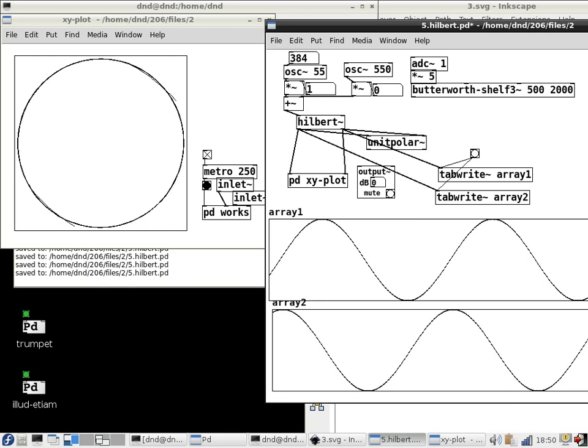So if I gave you a signal like this, then at some given point in the cycle, you wouldn't necessarily know what the amplitude was. And to find out what the amplitude was, you'd have to wait until you hit the end of the cycle, and then when you saw the slope change from negative to positive, then you would say, all right, that was a peak. Now I know what the amplitude is. If the amplitude is actually changing in time, then you would never know it, really, except right at a peak, maybe not even then. Here, you can just make a signal which is exactly equal to the amplitude,